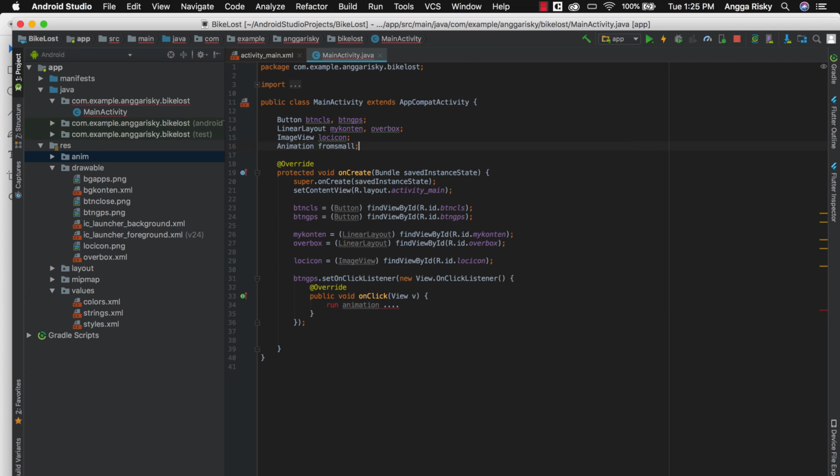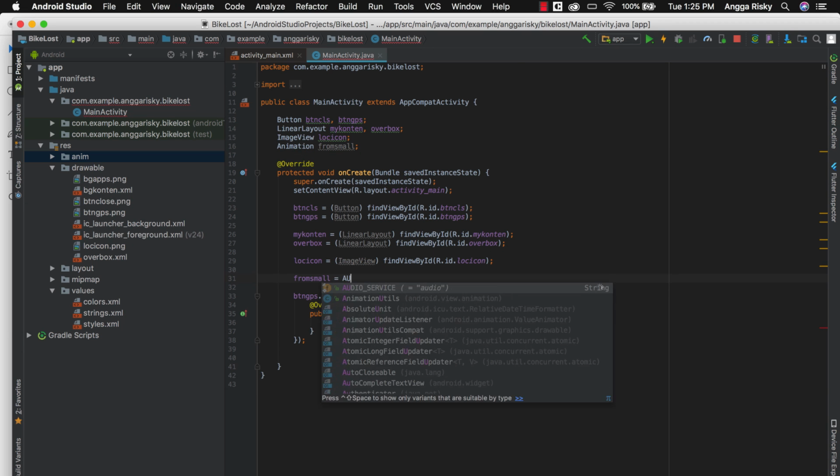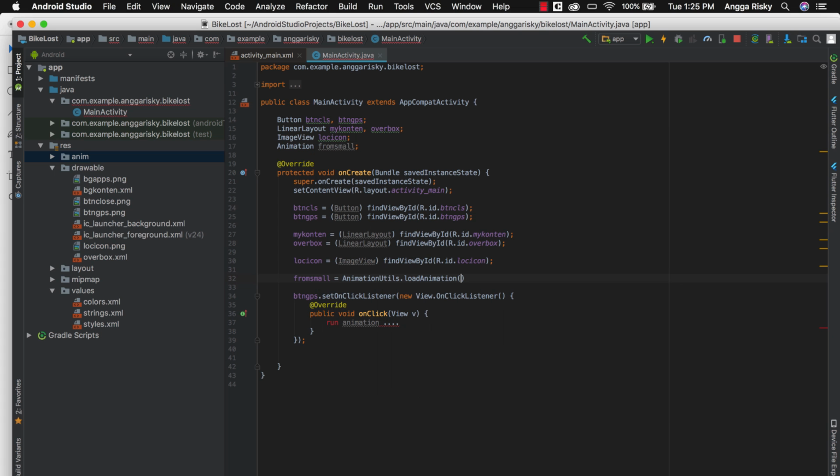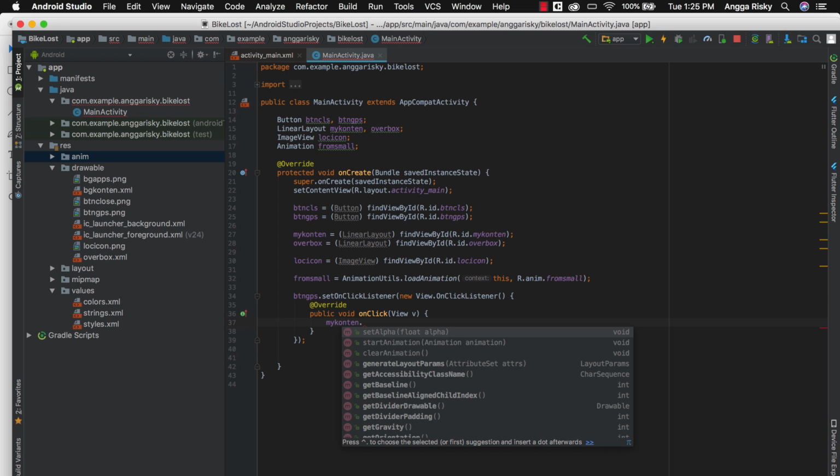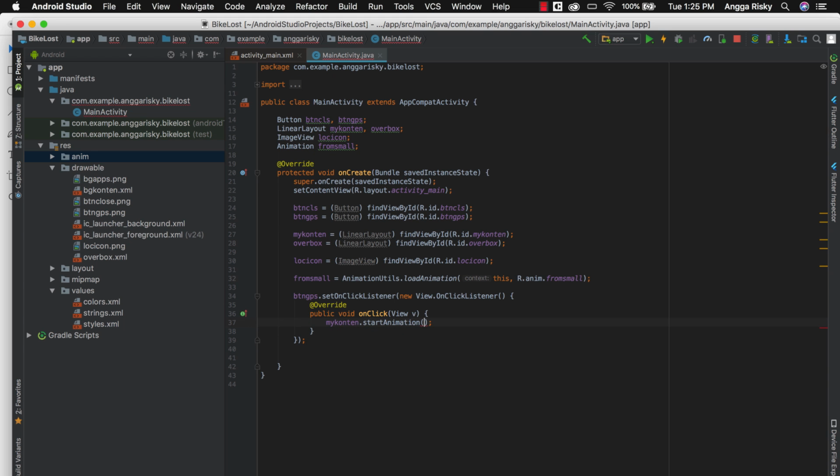This is from small, and then you copy here from small in AnimationUtils, R.anim.from_small. So that means if I click this button, my content is supposed to start animation from small, but we want to hide this my content first.